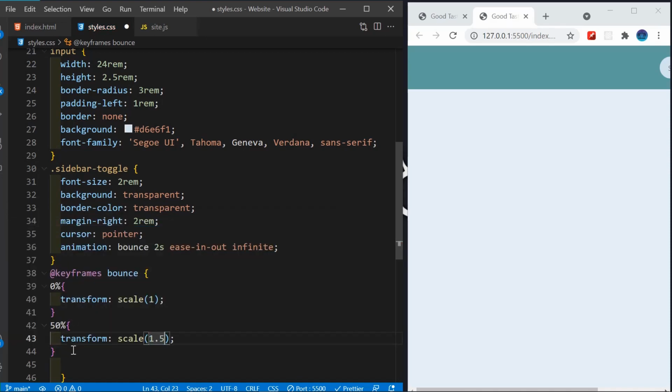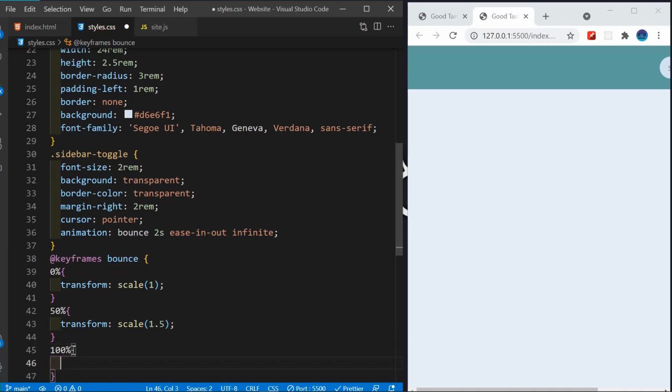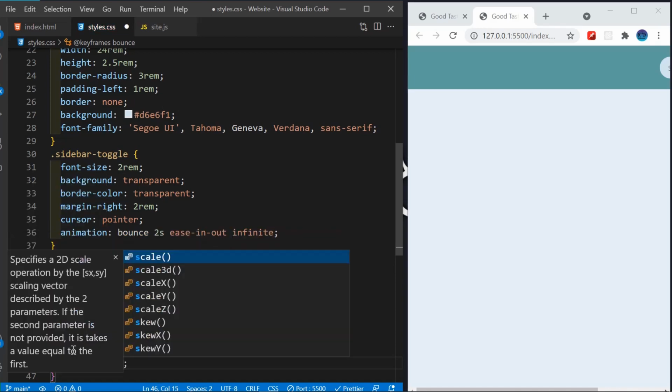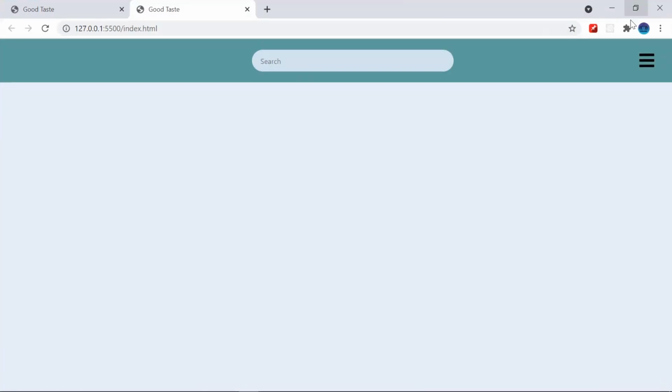We can also set it at 100, and also want it to transform and scale by 1. So let's save this and see. So you can see it is already